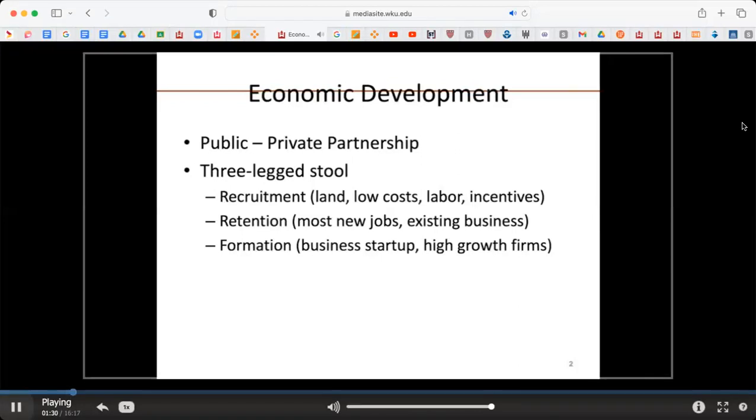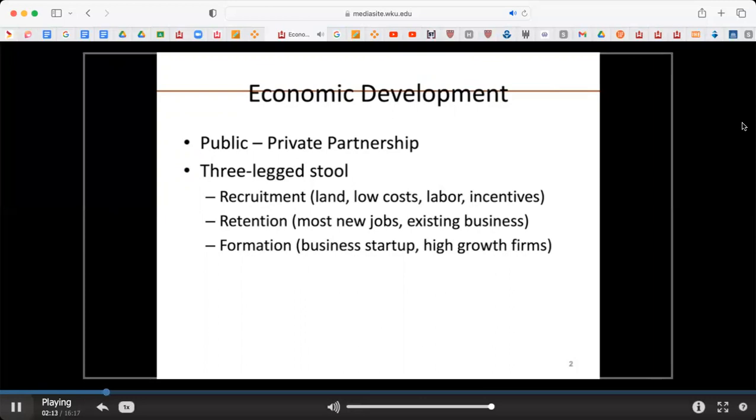Other areas have city-oriented economic development agencies that are wholly private or wholly public. But most local communities, particularly the size of communities that we're looking at in the scope of this course, the size of Bowling Green, typically use a public-private partnership that is affiliated with chambers of commerce or a standalone development agency. When I worked in economic development, I worked for a standalone agency that was focused solely on economic development. We were not affiliated with a chamber of commerce. We received funding from the state, from the city, from the county, and we raised private dollars to support the work.